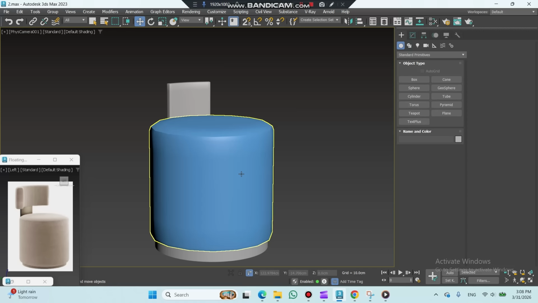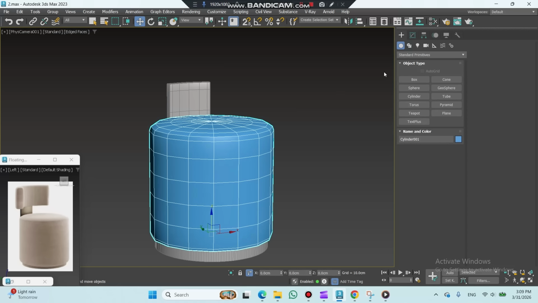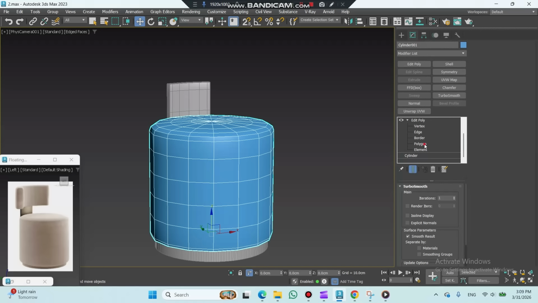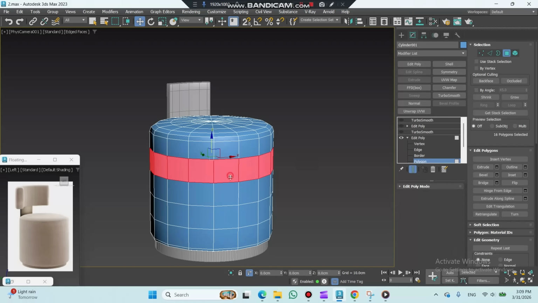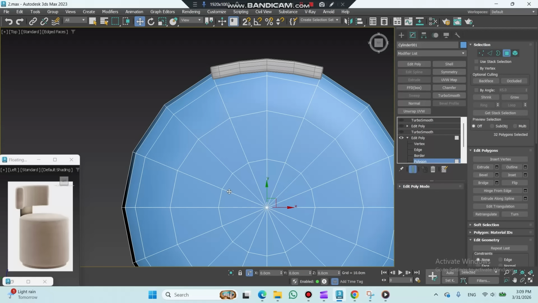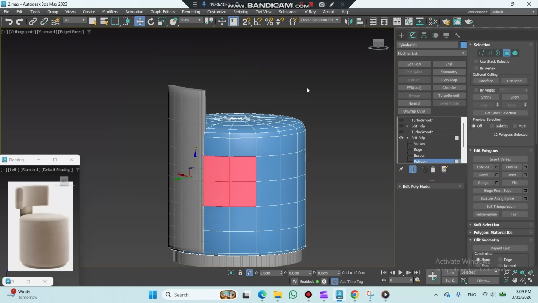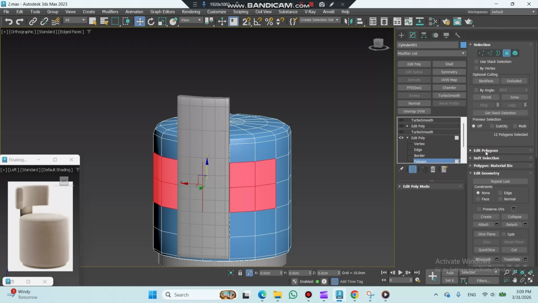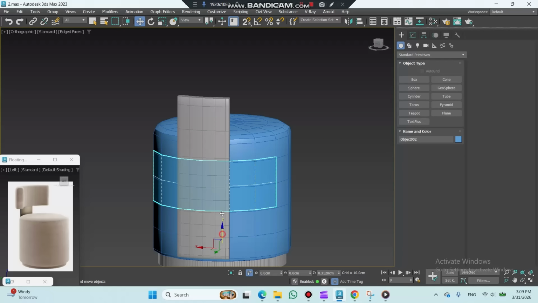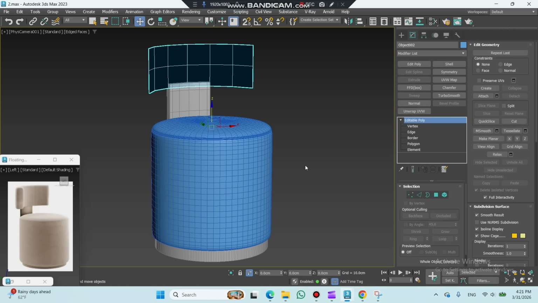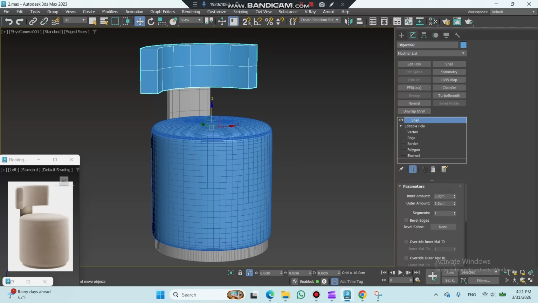Now I will deselect some polygons from the seat for the back seat. So I will go to polygons and now top view, and I will deselect up to here. I will go to Edit Geometry, Detach as a clone, and I will move them upward like this. So I will add a Shell modifier, and I will make the inner amount 3 and the outer 3 and the segments 2. So I have this middle loop. Here I will add TurboSmooth,